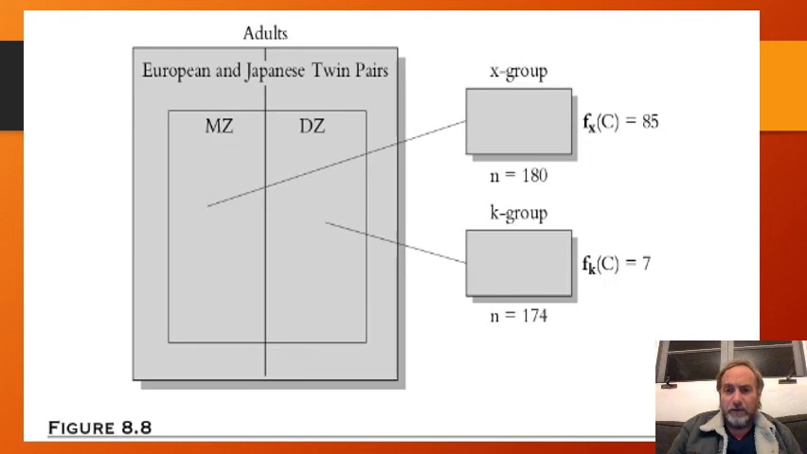And here we have the numbers. This is confusing at first because you might think they're percentages, but this is 85 out of 180 concordant pairs in the experimental group, the monozygotic twins, and then 7 out of 174 in the control group, which is the DZ. Only 7 concordant pairs among the